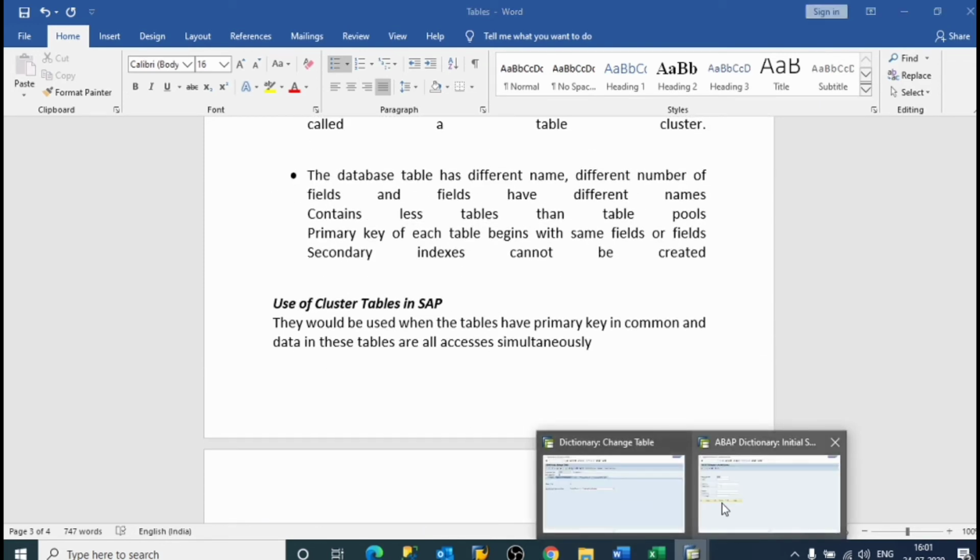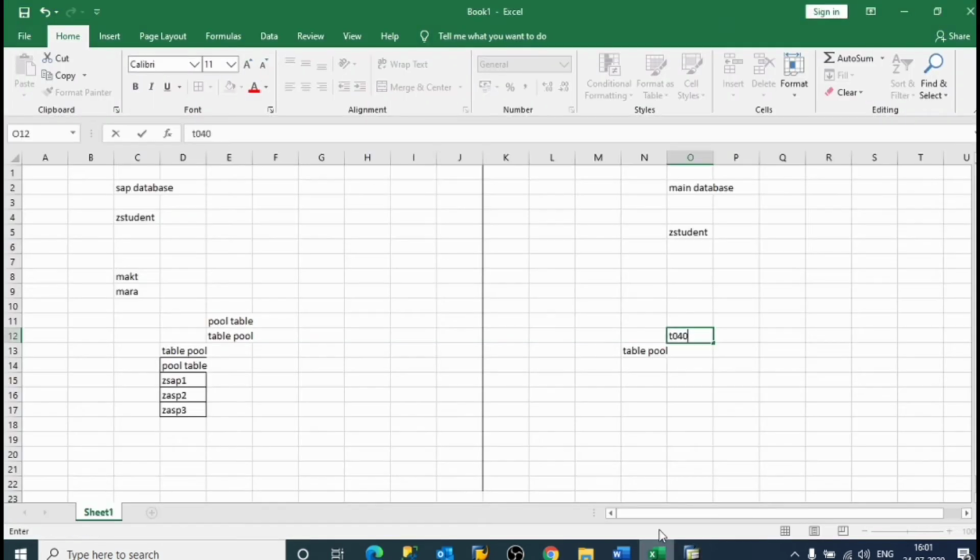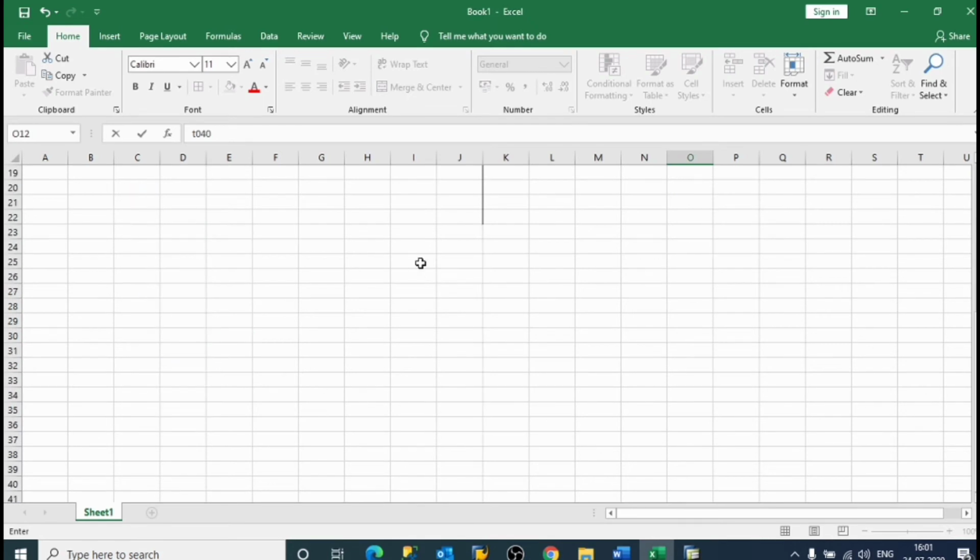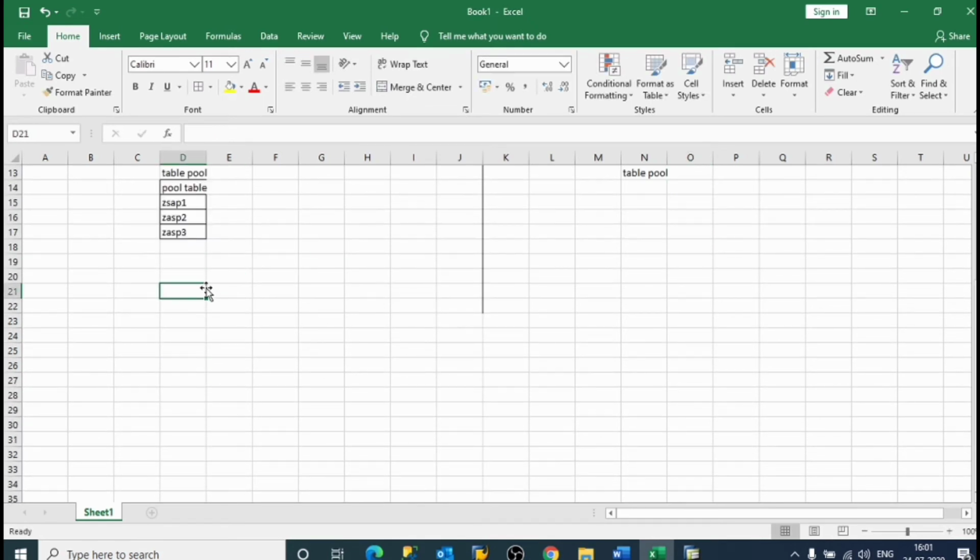Now we will see what a cluster table is. Cluster table is a very big table that stores big data. An example of a cluster table is BSEG.